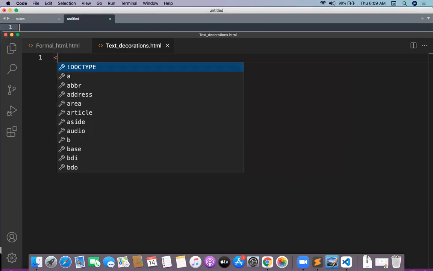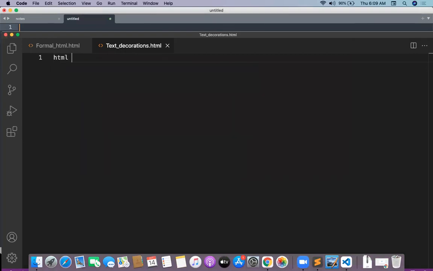First of all, there is some text like HTML, CSS, JS, jQuery, Bootstrap, and React.js. All these things I'm writing like this.